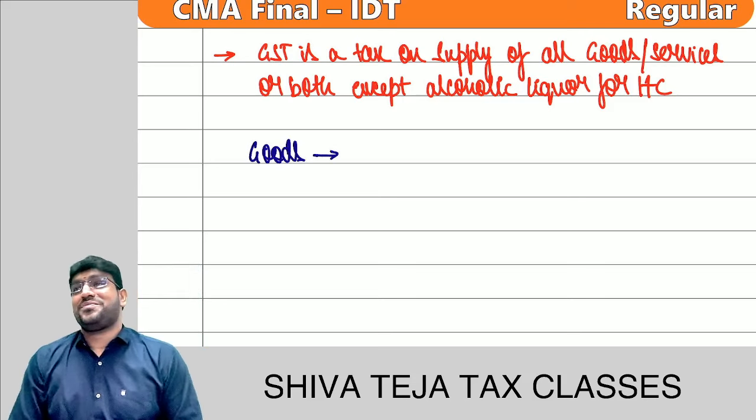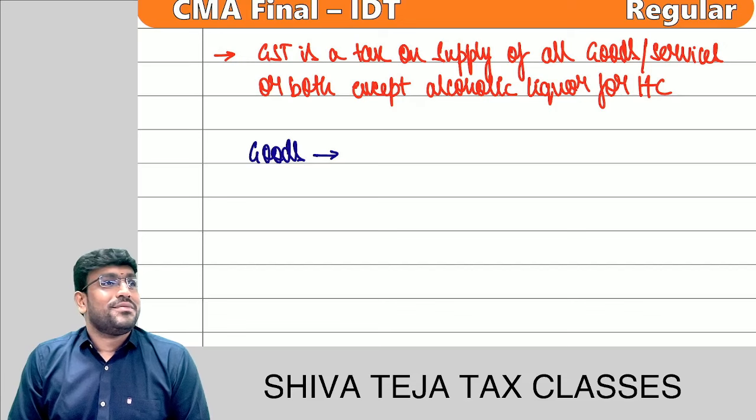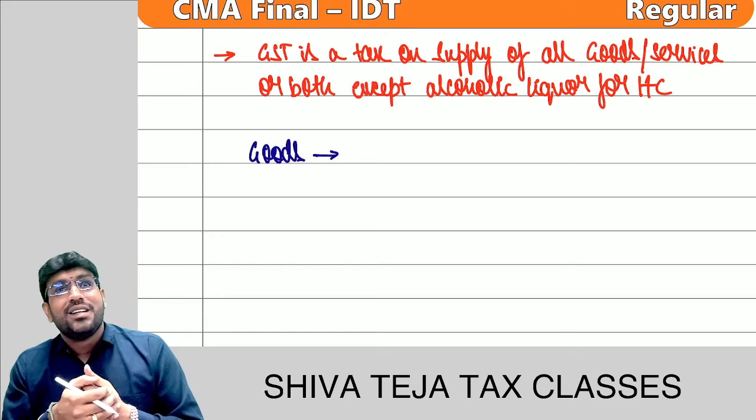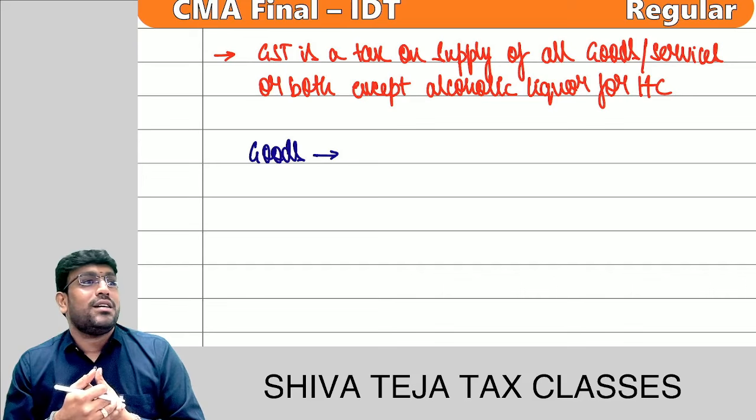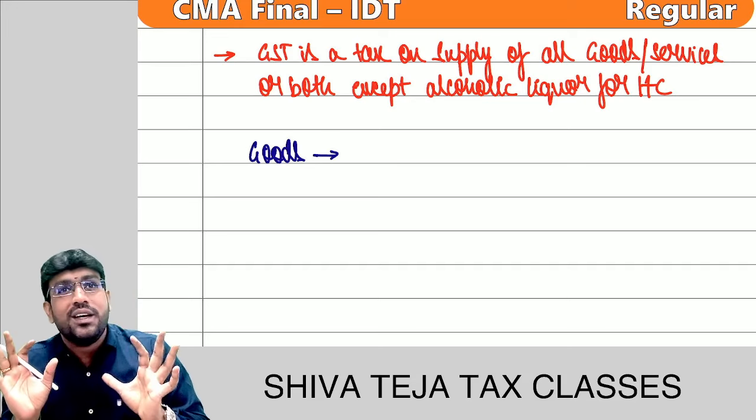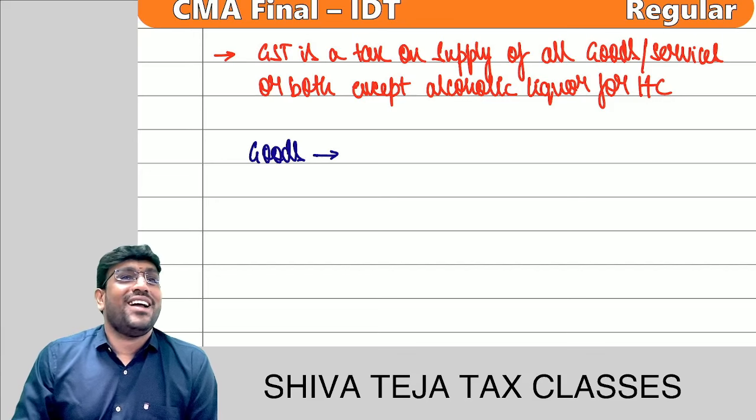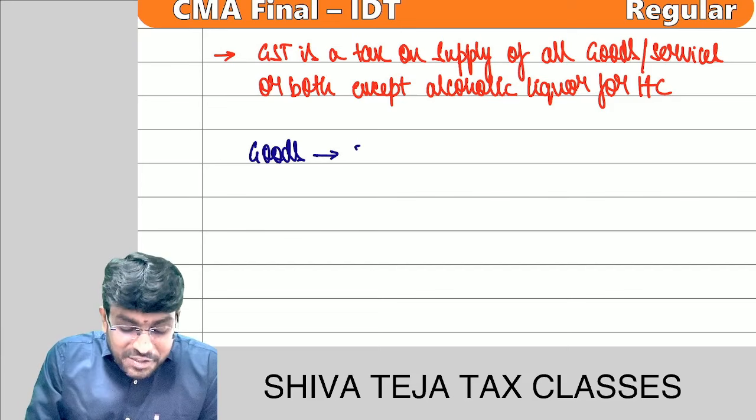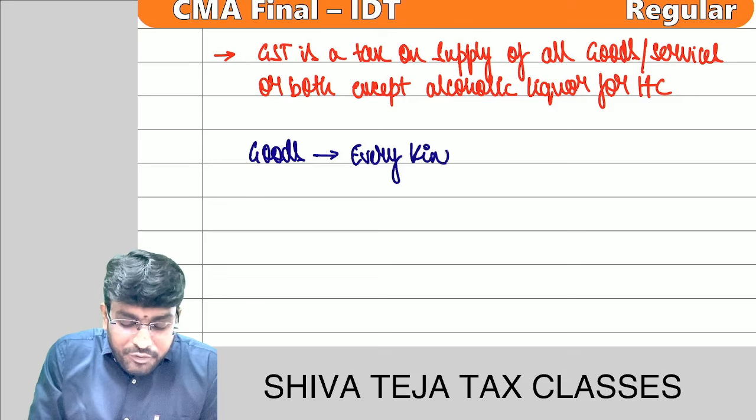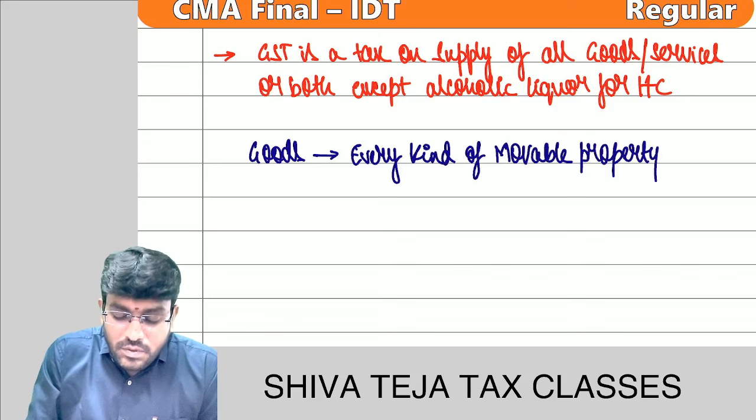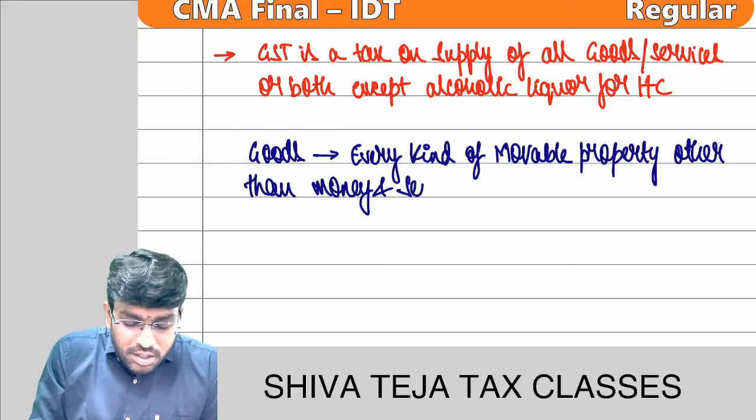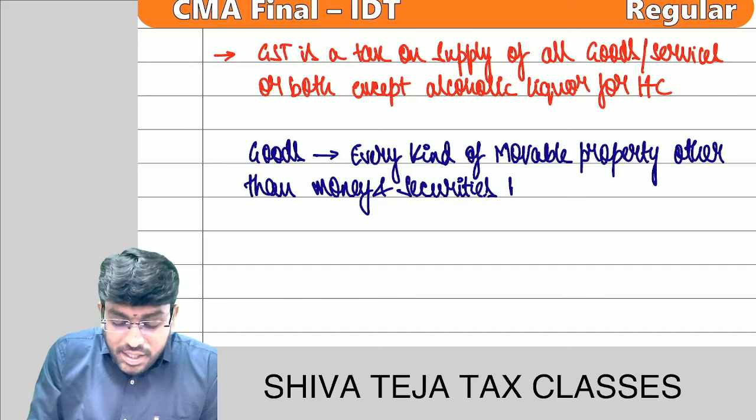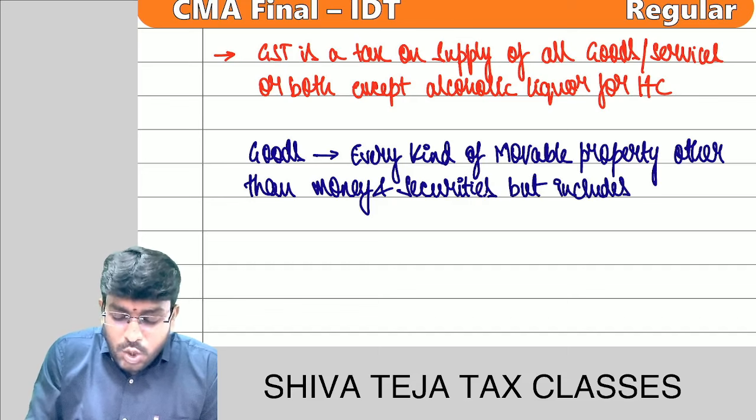Goods means what? Is this laptop a goods? Projector, AC, Shivateja? Shivateja also goods only? Thank you very much. What is goods? They clearly specified that goods means every kind of movable property other than money and securities, but includes